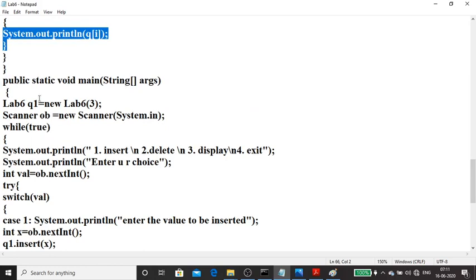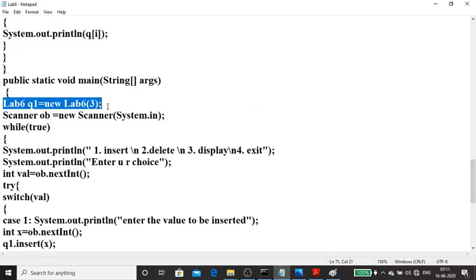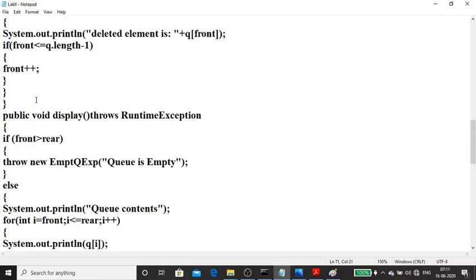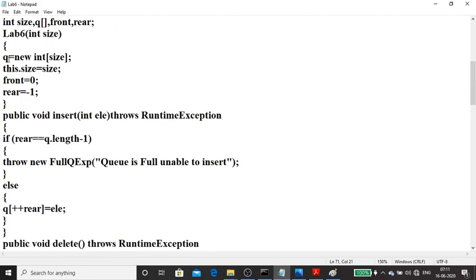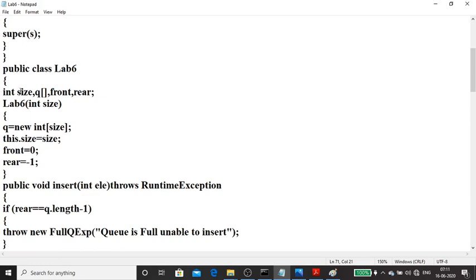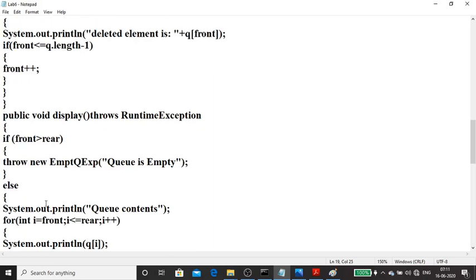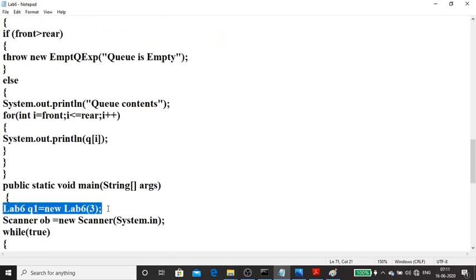The next one is main. In main we were just creating an object by passing 3. What will happen? First space will be allocated for data members: for int, space got allocated, and front as well as rear space got allocated. When the array is declared, space will not be allocated here. One more thing will happen when you create an object: it will call the constructor Lab6 by passing 3.